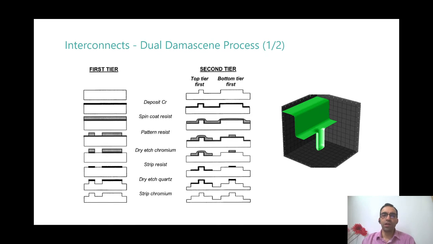Okay. So we are on this slide, which is called dual Damascene process. Has anyone of you heard about dual Damascene? Yes, sir. What is dual Damascene? So basically, we want to reduce a process step. When we want to make a via, we do the etching twice and make a via that is of metal itself. We do not deposit anything else. Okay. Madhur, you wanted to ask something?